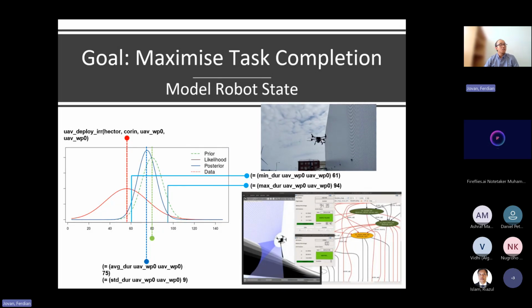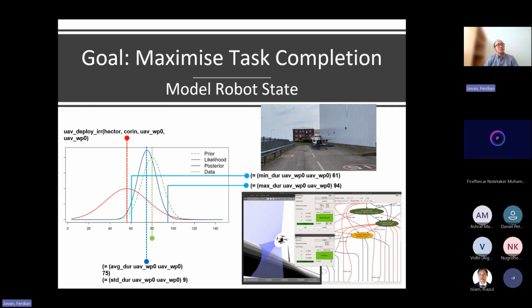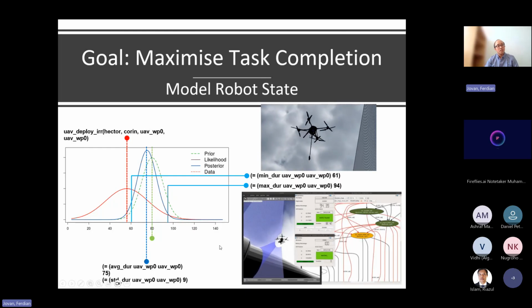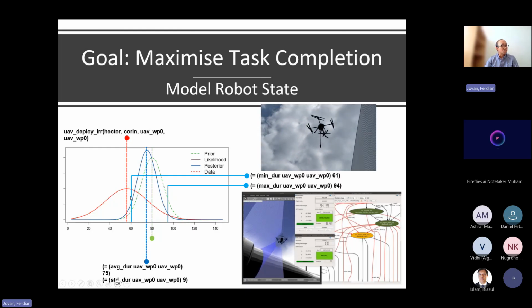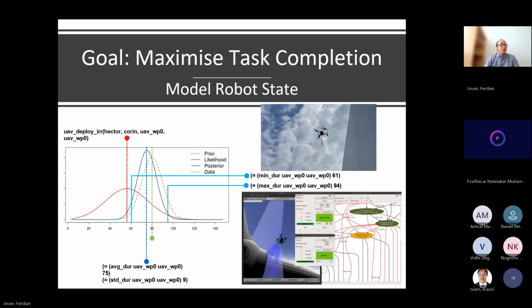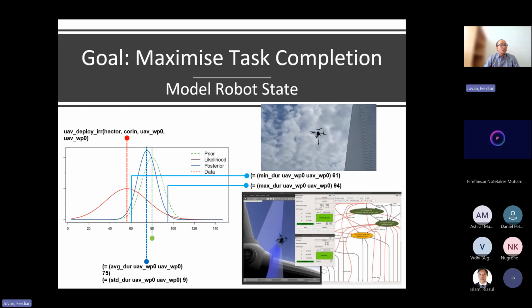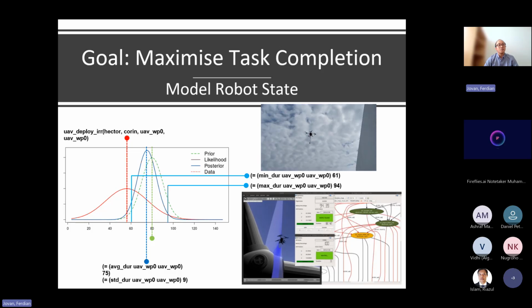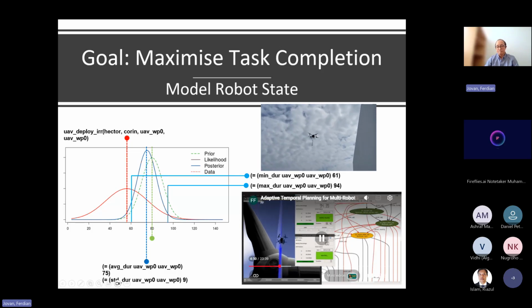Definitely you need to collect data for each action, or for the battery information as well, to get a more accurate posterior distribution. But in our tests, with only 5 trials for each action, it's enough as training data to have a better estimate.